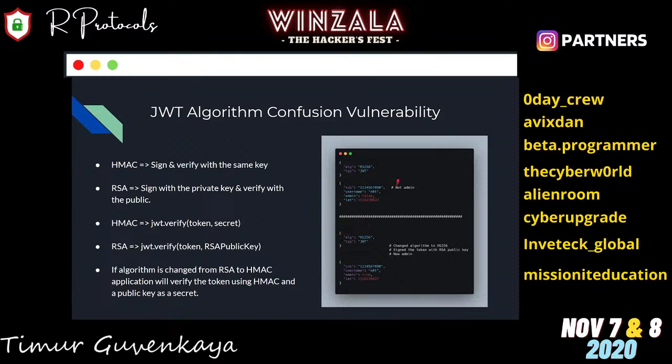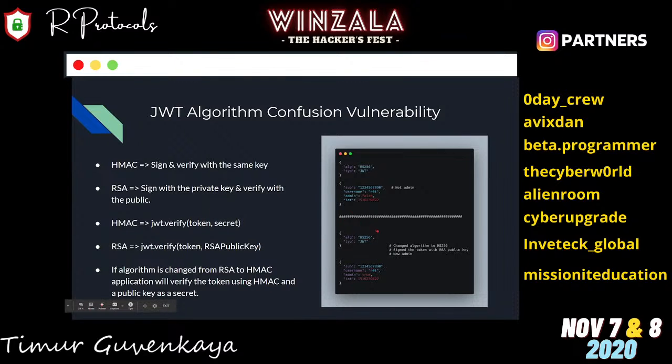So what happens is that we are getting a token, we are decoding it, and we have a public key from the application, from whatever, we found one. And what we do, we change the algorithm to HMAC, assumingly our algorithm is RS256, we're changing to HS256. Then we are signing this token with the public key as a secret to HMAC. We're basically just signing this token with the public key from the application.